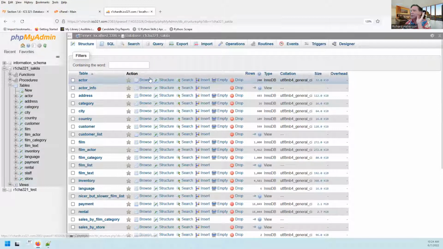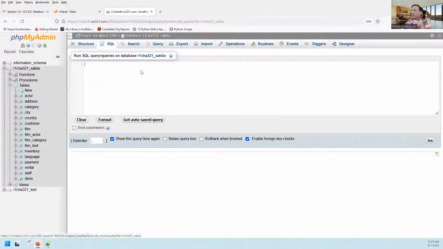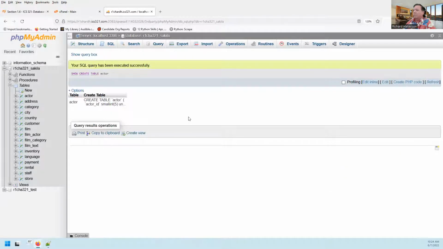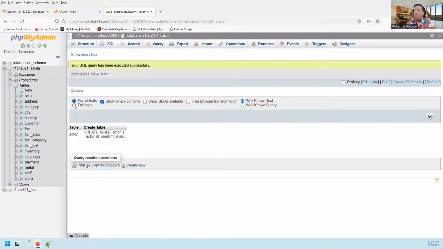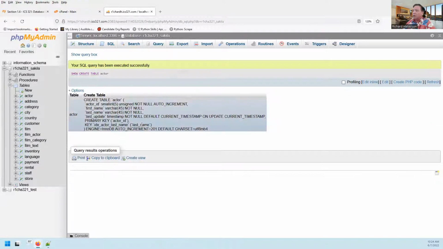Well, okay, tell you what. There's an easier way. Click on SQL, do show create table actor, semicolon. There, how about that? Boom, here we are. Oh, it's all smashed up. What do we do? We click options, we click full text, and then we go over here and we click go. And lo and behold, here's our create table statement. So let's copy this create table statement